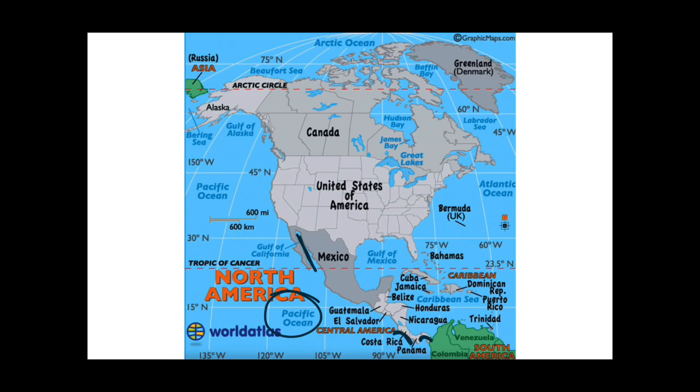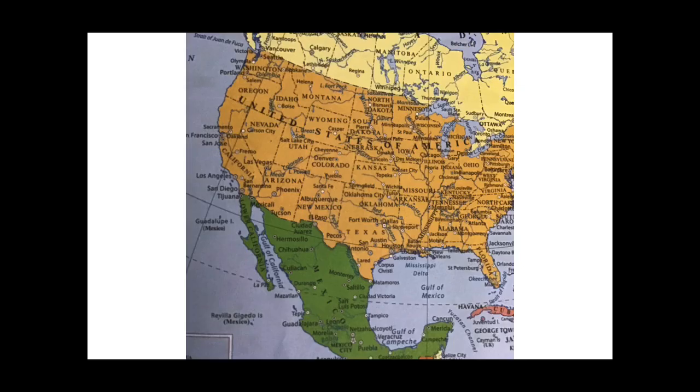One more thing I want to make clear to you is why this is known as the Gulf of California, because this part of Mexico, as you can see over here, is Lower California. I'm just showing it in the other map also. So guys, I hope you are seeing this. This green part is Mexico. This is also a part of Mexico, and it is written over here: this is Lower California and this is the Gulf of California. So due to this Lower California, the Gulf is named Gulf of California.